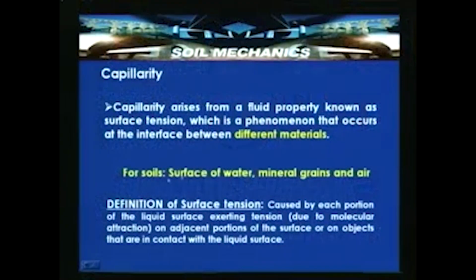Like in the case of soils, what we have is water, air and mineral grains. The inner walls of the mineral grain surfaces will act as boundaries for the water to rise above the groundwater table. So long as the rising water remains in contact with the groundwater table, it tries to rise above it. This depends upon the climatic conditions and the gradation or particle sizes, or pore spaces, of the soil mass. So, for soils, the surface of water, mineral grains and air are the three different materials which are required to be considered. As you all know the definition of surface tension,